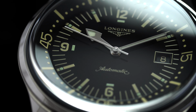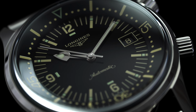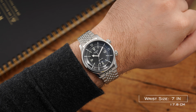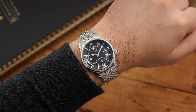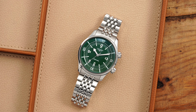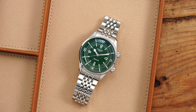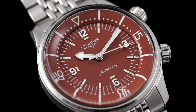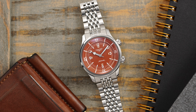Way before. This is 5 years before the Tudor Black Bay was a thing. This is right at the beginning where we started to see this craze. And then on the inside, you have the L888.6 caliber. So what you get with this caliber is going to be a COSC certification, 68 hours of power reserve approximately, and this is going to 10x the standard of the ISO 764 for magnetism. So you're getting great performance on that front, and then also going to be compliant to the ISO 6425 standard